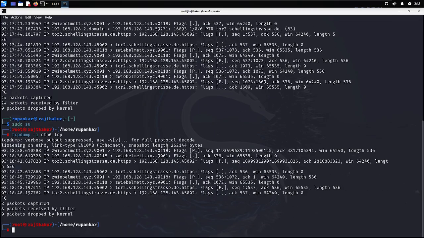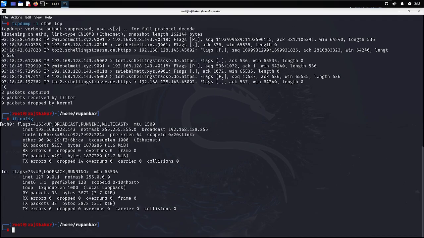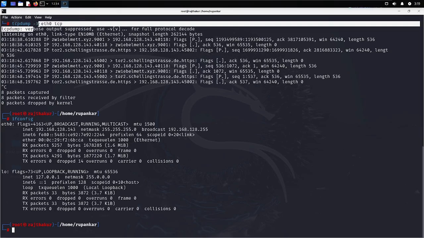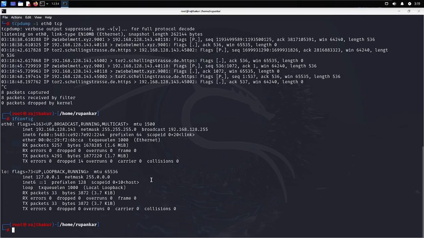And if you want to check your interface, you can use the ifconfig command. Here my interface is eth0 because I am using an Ethernet cable. In your case, if you are using a Wi-Fi network, then it will be wlan0. If you have installed Docker on your system, it might be docker0 also. So it depends on what interface ID you have. And before using tcpdump, you need to specify your interface, on which you want to capture,